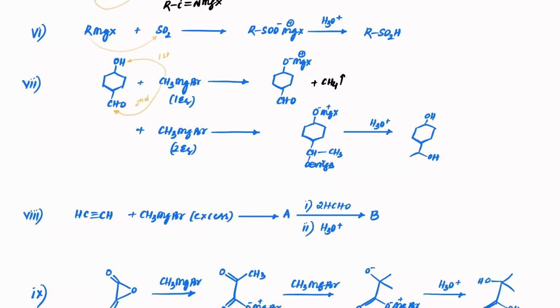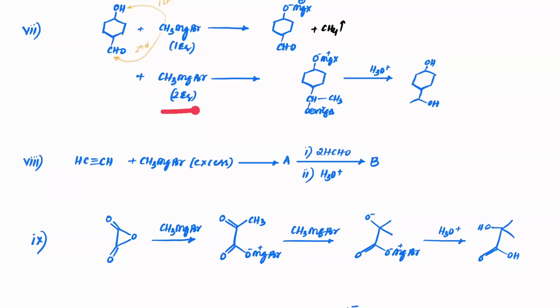If at all we have two equivalents, first you will get this, second you will get this, O minus and MgBr here. Like this, you will have this as O minus and MgBr plus. And then on hydrolysis, both sides will again become the alcohol form. Okay. Next,